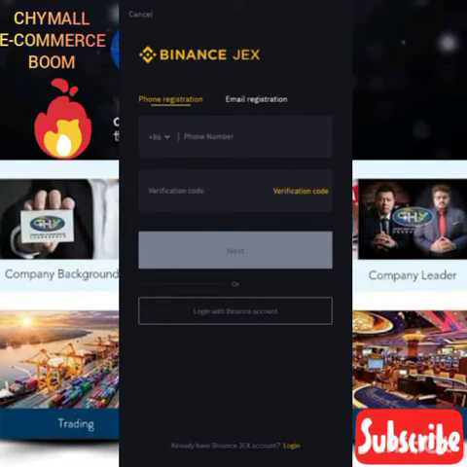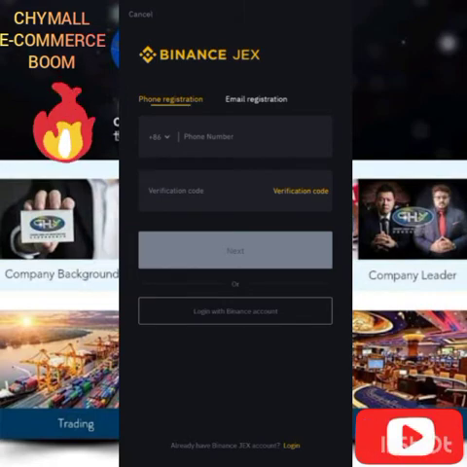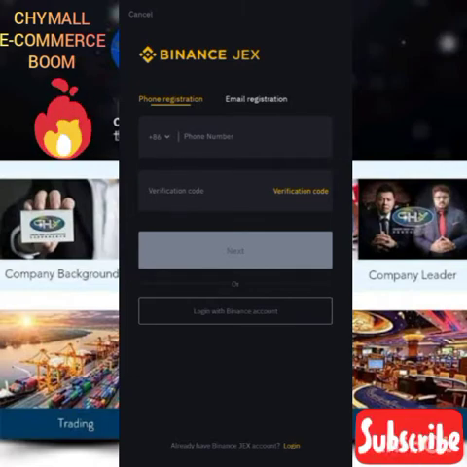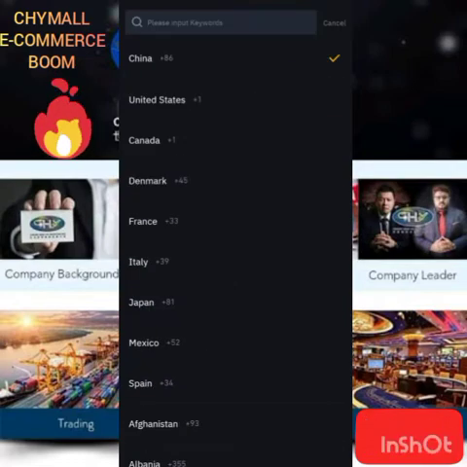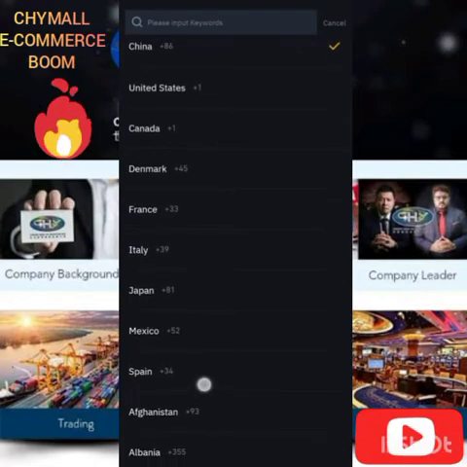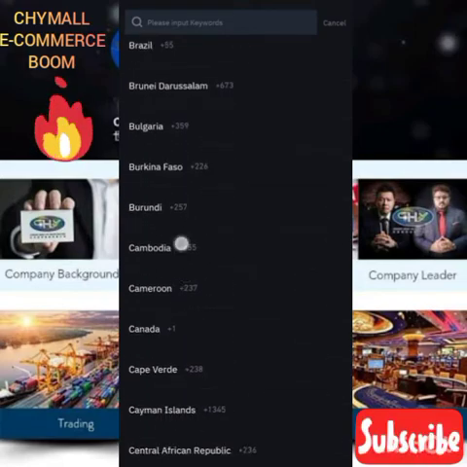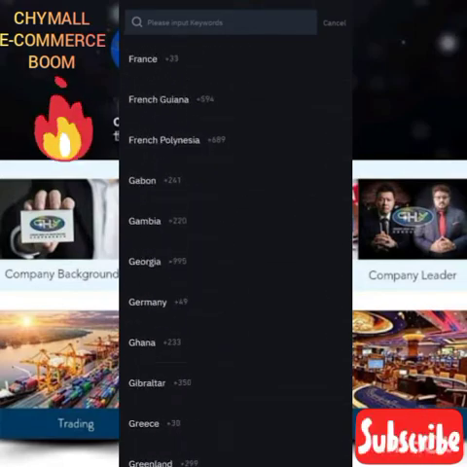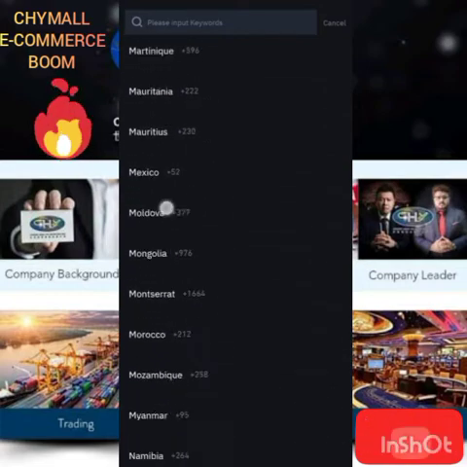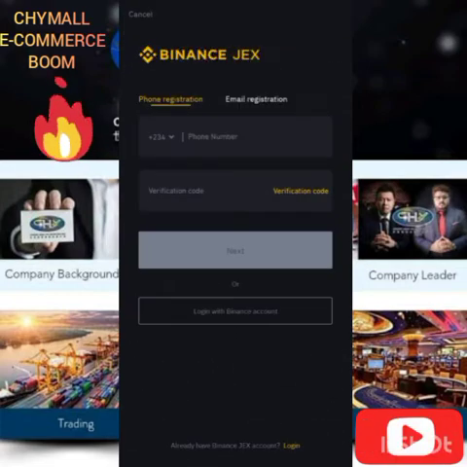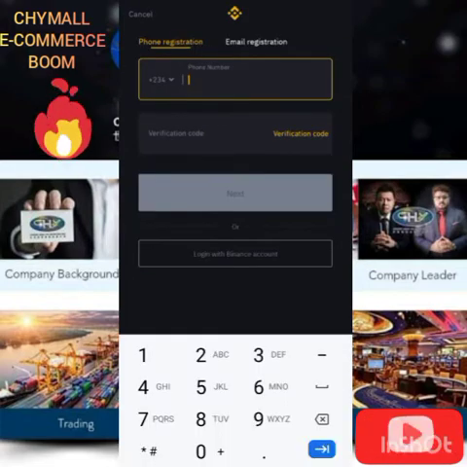Once you click on it, it comes up with this very page: phone registration, email registration. When you come to the phone number box, you find that the zip code is +86. That is not the code for people in Nigeria and other countries. So you change the code to the one of your country. Just click on it to take you to different countries. Now you can see the codes for different countries. Just check for your specific country. Like me, I'm from Nigeria, so I'm going to check under letter N to find Nigeria. And this is the Nigerian code. Now here I need to fill in my phone number.